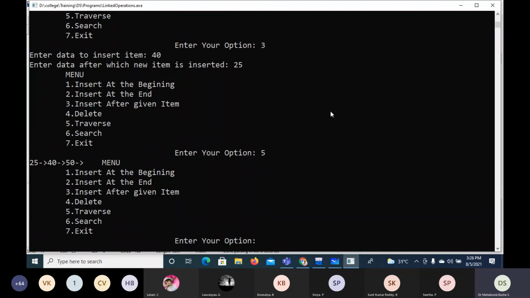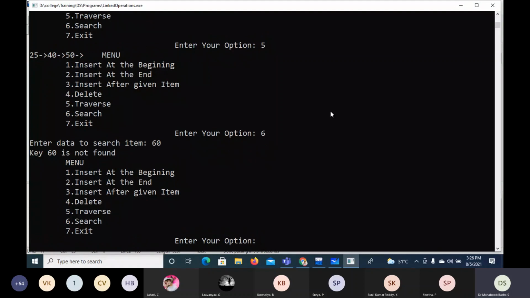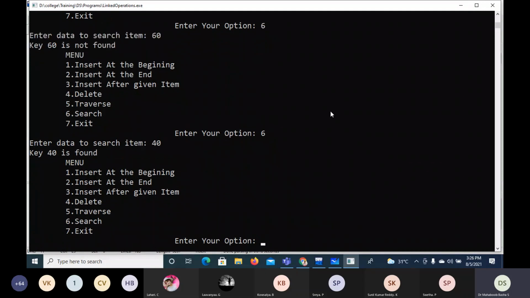Now I'll search for a given item. I'll search for 60. It says key 60 is not found because it is not there. Again I'll search for an item, 40. So I'll say key 40 is found. So all the